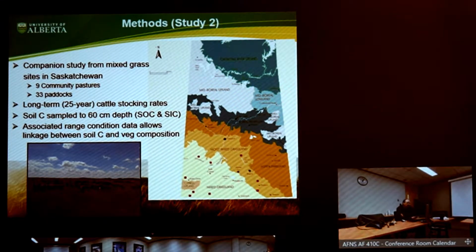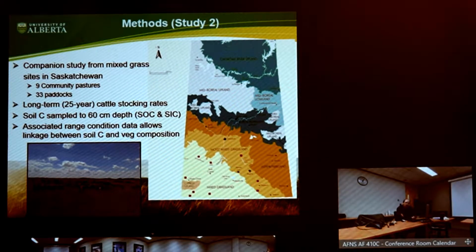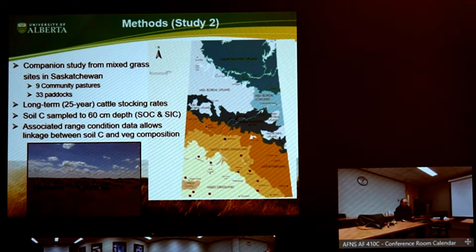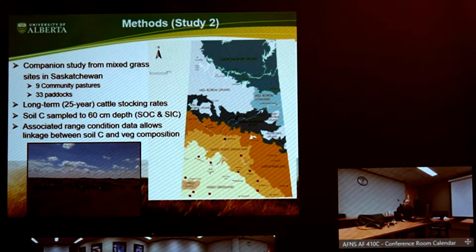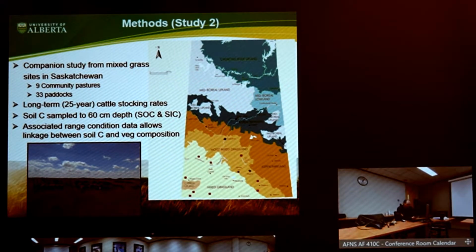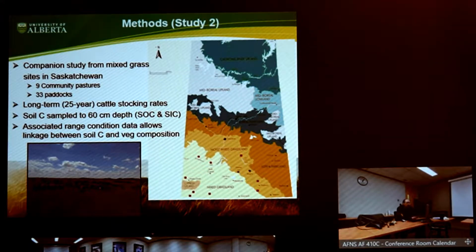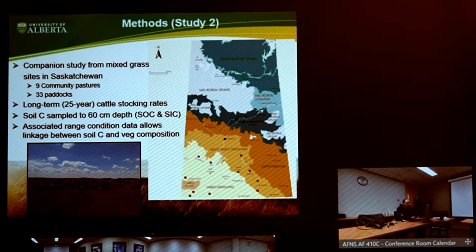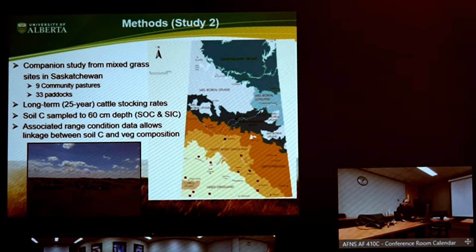One of the strengths of this data set is we had long-term 25-year cattle stocking rates. So very long window of stocking rates, so that we could get beyond this binary methodology of looking at simply the presence or absence of grazing. We also had deeper soil samples to roughly 60 centimeter depth, and again we were able to look at organic